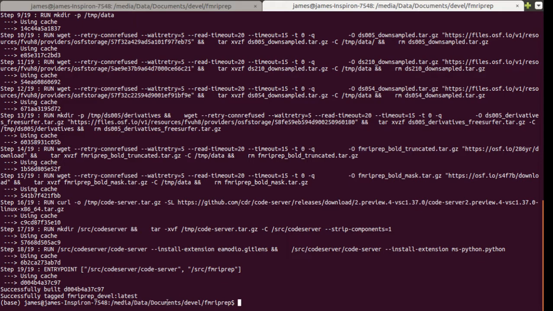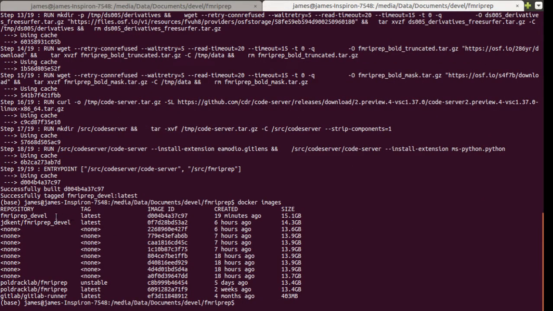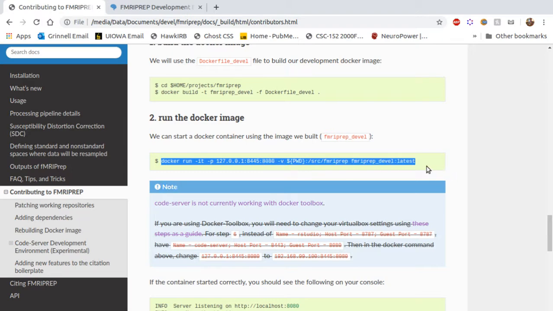All right, so with that built, we should have something called fmriprep develop latest. I can do docker images to see what's up. Yep, we have that, the top one here, fmriprep develop latest. And step 2 is to run the Docker image. So we can take this command, copy,